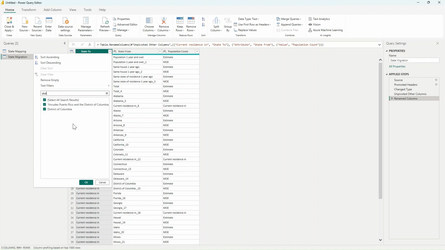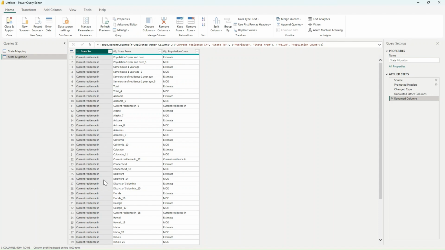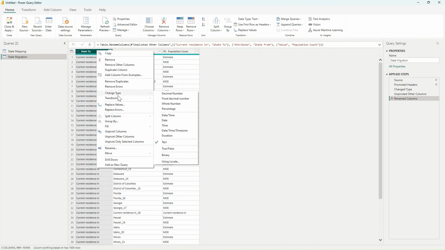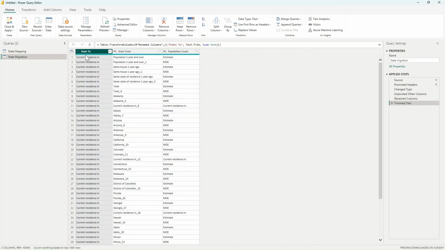For that, I will use the trim function. So I will right click and choose transform, and then I will choose trim so that it will trim the extra spaces.